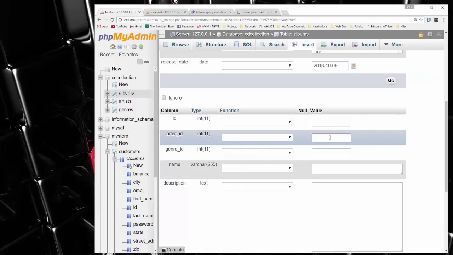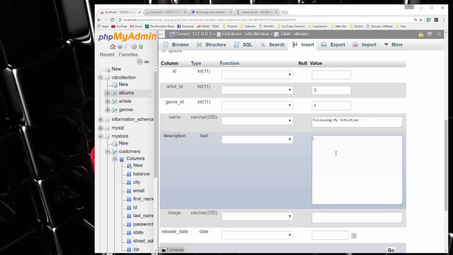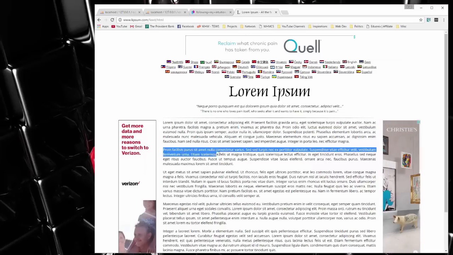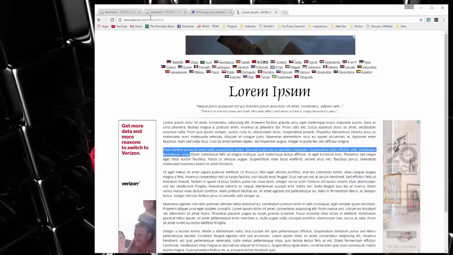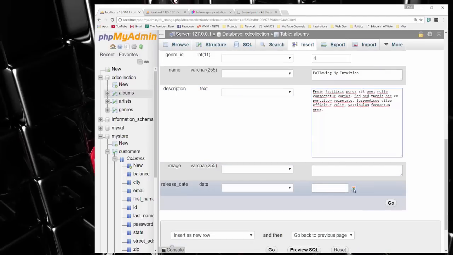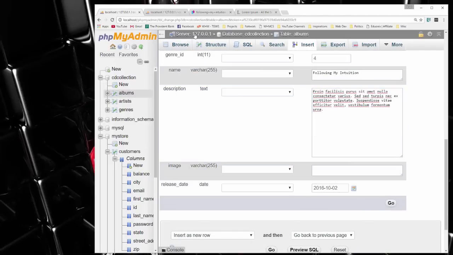Okay, so artist ID 3, and then genre ID 4. Okay, the name of the album. Alright, and then description, we'll just grab some of this. Okay, and then release date, we'll say October 2nd. And then the image,